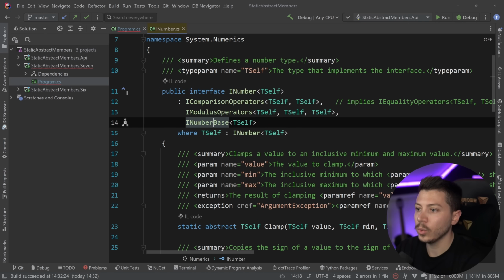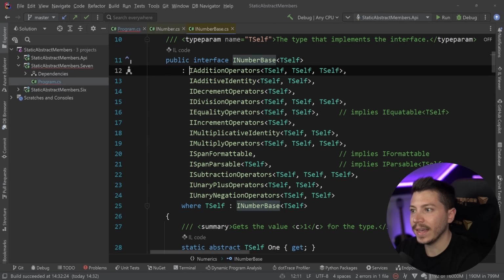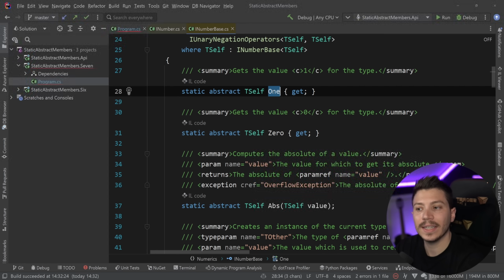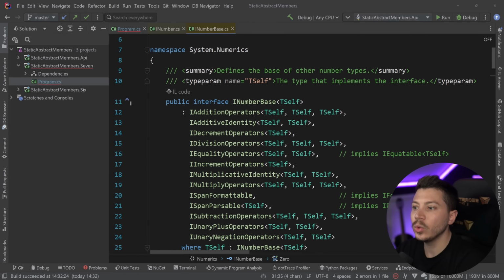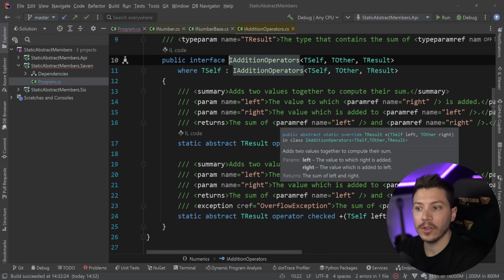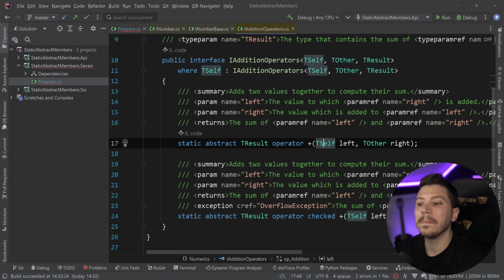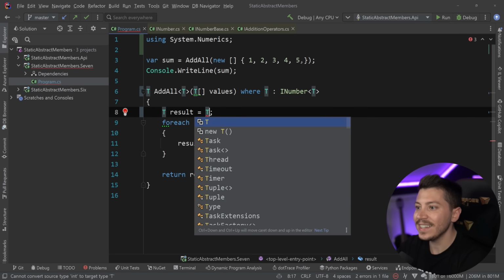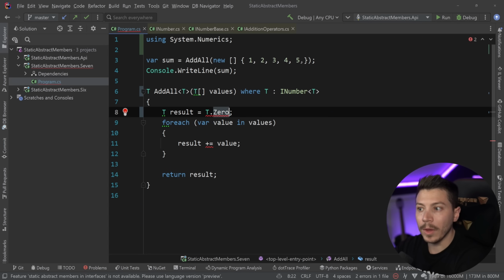If I go deeper into INumberBase, I can see that I have even more interfaces here, and they have even static properties. So the concept of 1 can be represented as a static abstract property of TSelf. The concept of 0, I can even go deeper through these interfaces and have addition operator overload. So I can overload the plus operator and change that behavior. And that then allows me to just say statically T.Zero because the concept of 0 exists,